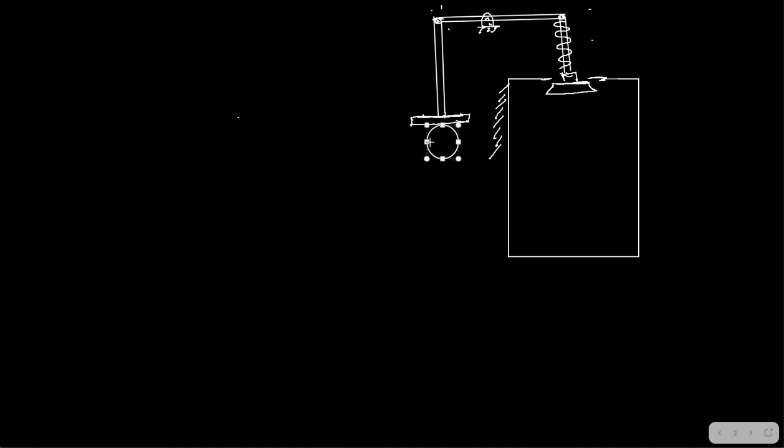Okay, fine. So we'll take a larger circle. And this is the center of rotation. Fine. Now, if you look at this part, what is this actually?